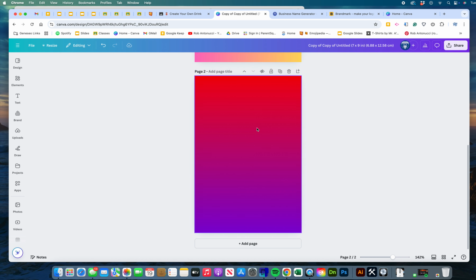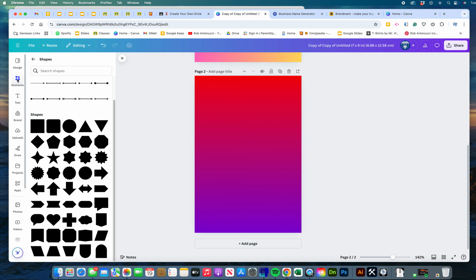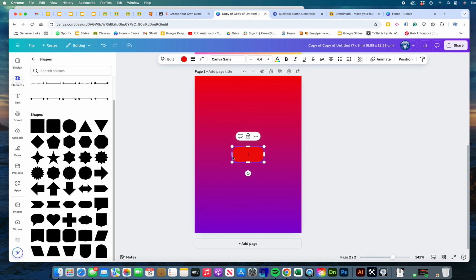I'm going to go a different route here. I'm going to click on that and hit delete to get rid of it. I'm going to go back to elements. And this time I'm going to pick this one. I like this here. I'm going to pull this across. You just grab the corners and you can pull it, resize it, make it bigger or smaller. You can always resize. And in here I'm going to type apple,